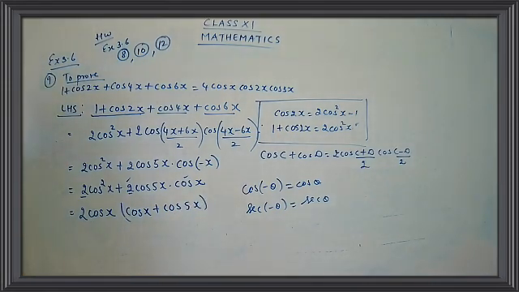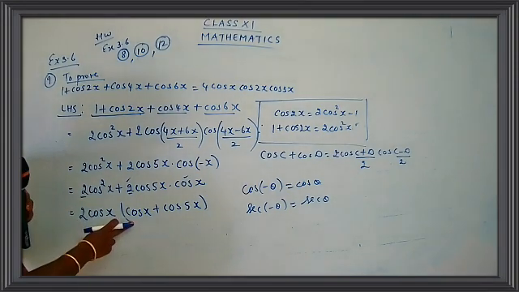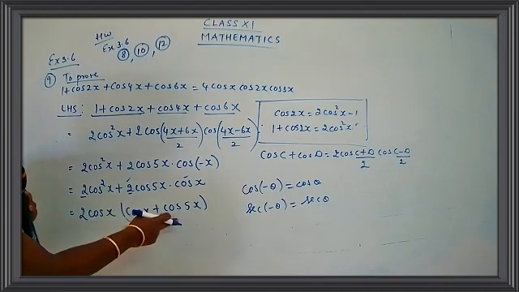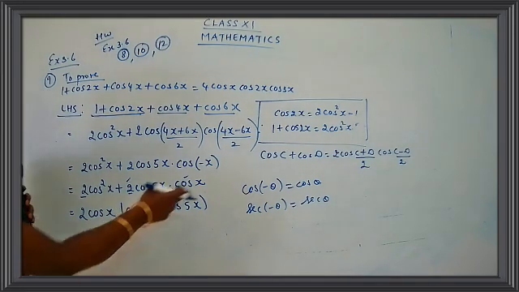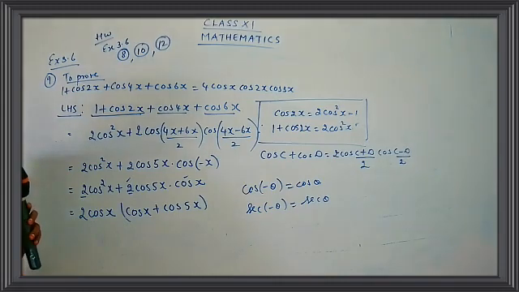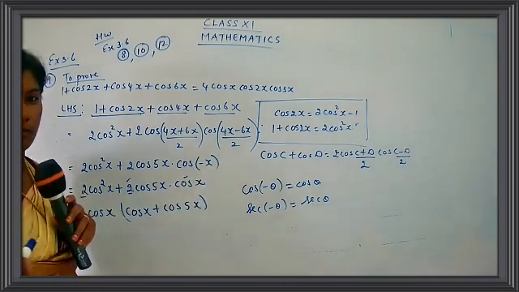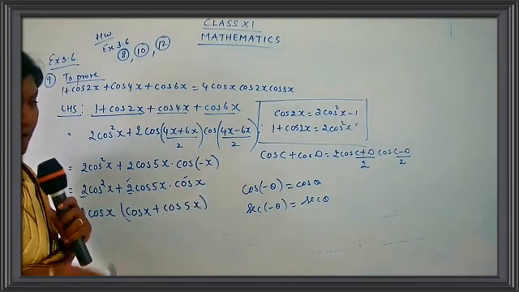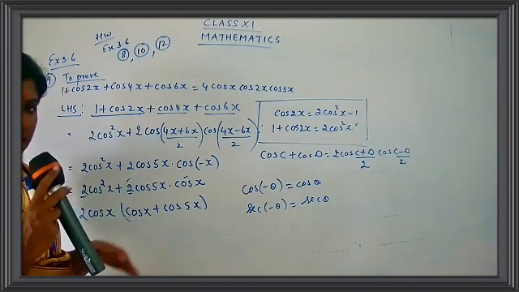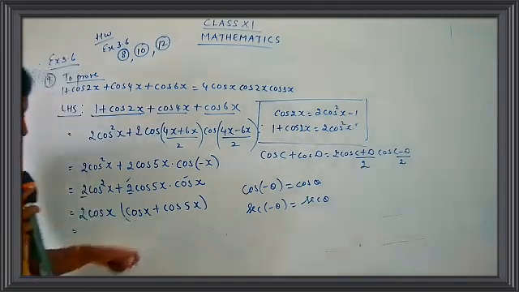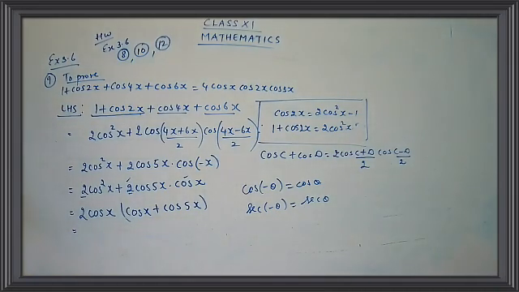So what have we done here? We have taken 2 into cos x to be common. And what is left over here? Cos x is left, and here 5x is left. So now again you are going to apply the same formula, that is cos c plus cos d, and you are going to find out the answer. Come on, do the work. I will give you some time, children. You have to complete the step. No need to write down the formulas again, because we are going to use the same formula, cos c plus cos d. So writing the formula once is enough. If you have a different formula, you have to mention the formula. But here we are going to use the same formula, so no need to mention it again. You can directly apply the formula and get the answer. Come on, do it.